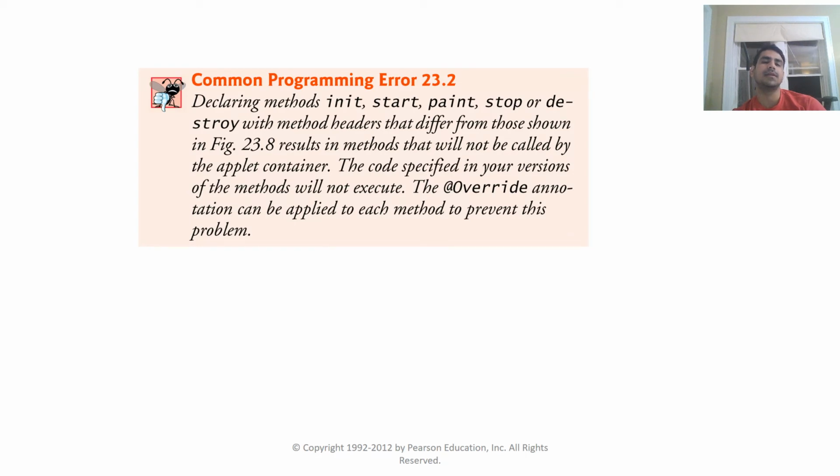Declaring methods init, start, paint, stop, or destroy with method headers that differ from those shown in the last figure is an error. The code specified in our versions of the method will not execute. The @Override annotation can be applied to each method to prevent this problem, in order to catch the error which will occur in init, start, paint, stop, or destroy with method